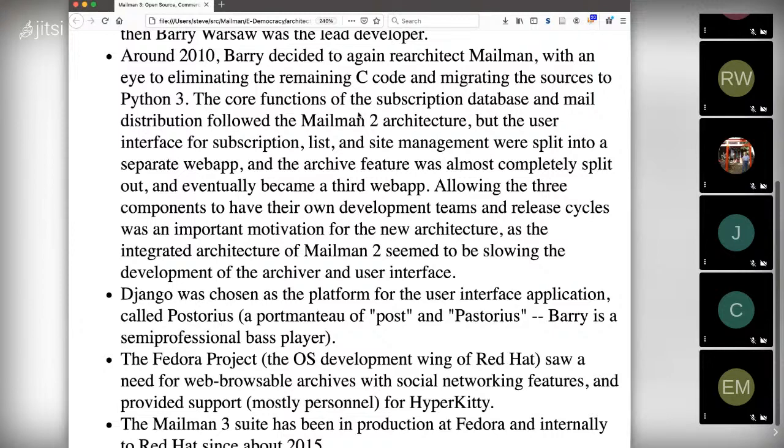The archive wasn't so important, and the reason for that is that the archiver for Mailman 2 was functional for a 1998 program, but today you would expect a lot more from a web application. But we could hook that up pretty easily.